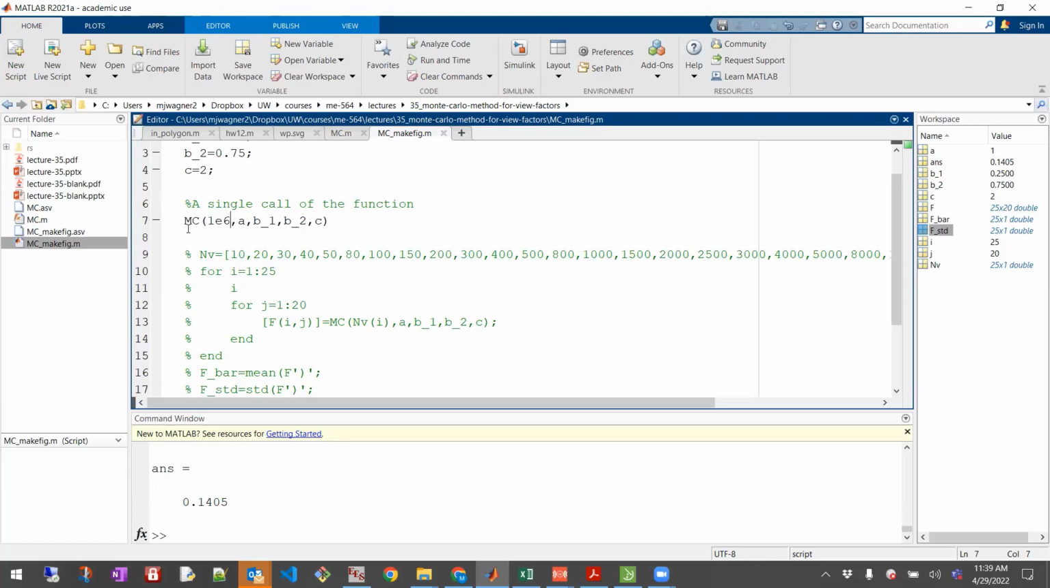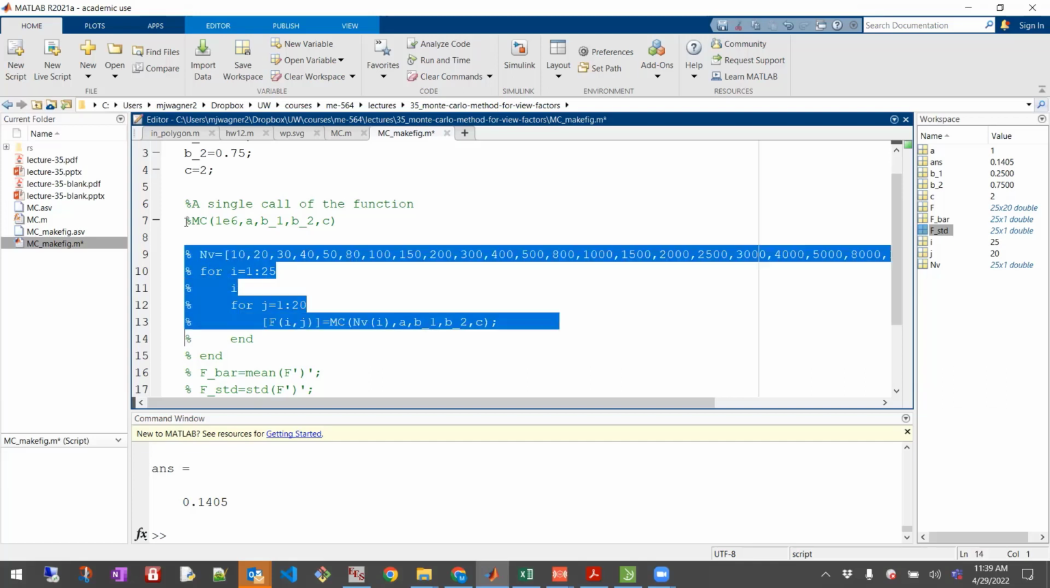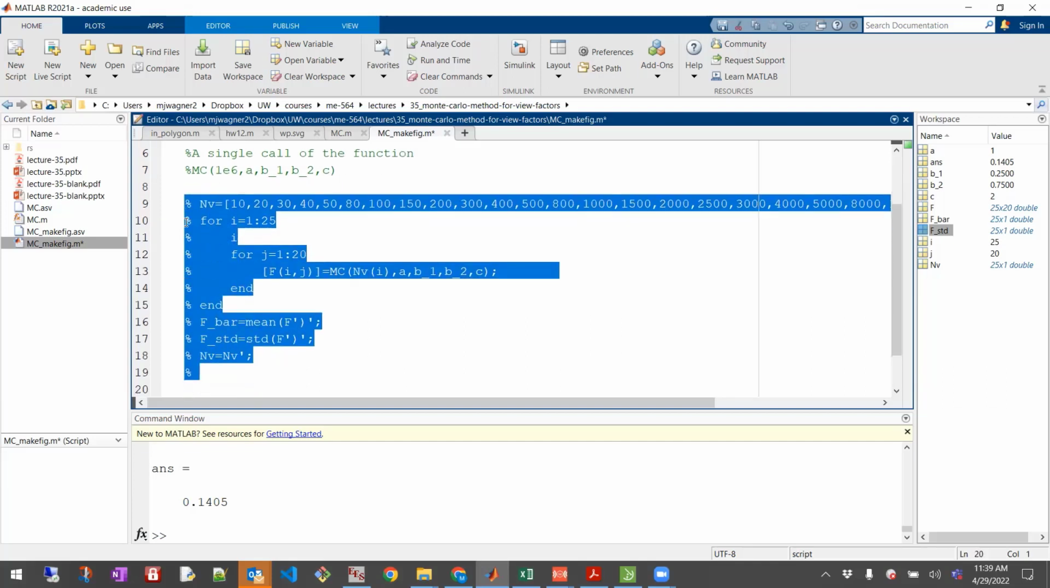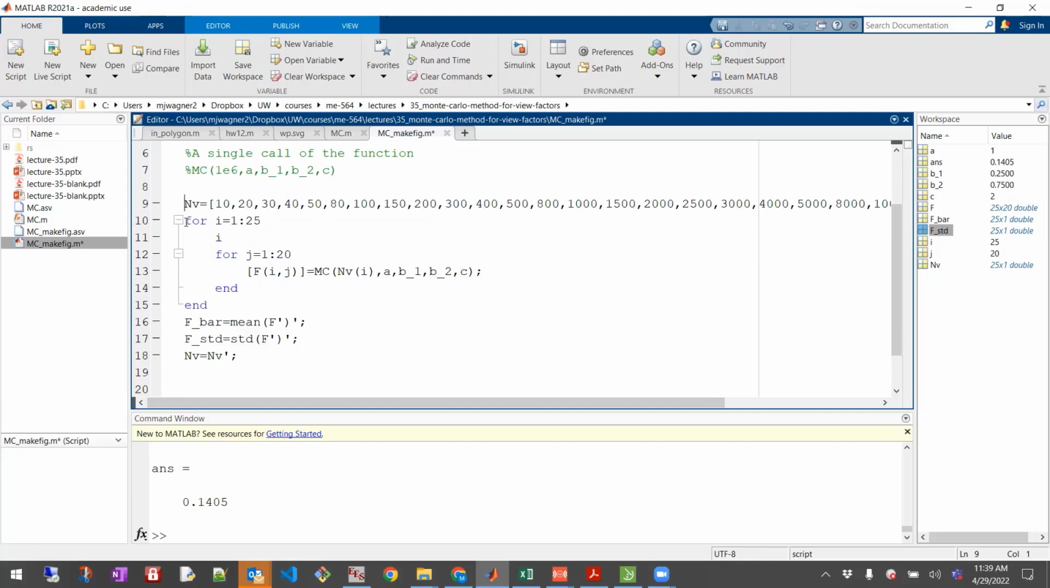One thing you do want to do with this is you need to kind of prove, at least to yourself, that your problem has converged. So one way to do that is we're going to go through, let's just run this little code here. What this code is doing is we're going to take NV as our number of rays. So NV is the number of rays. I'm going to test the number of rays, 10, 20, 30, and so on, all the way up to a